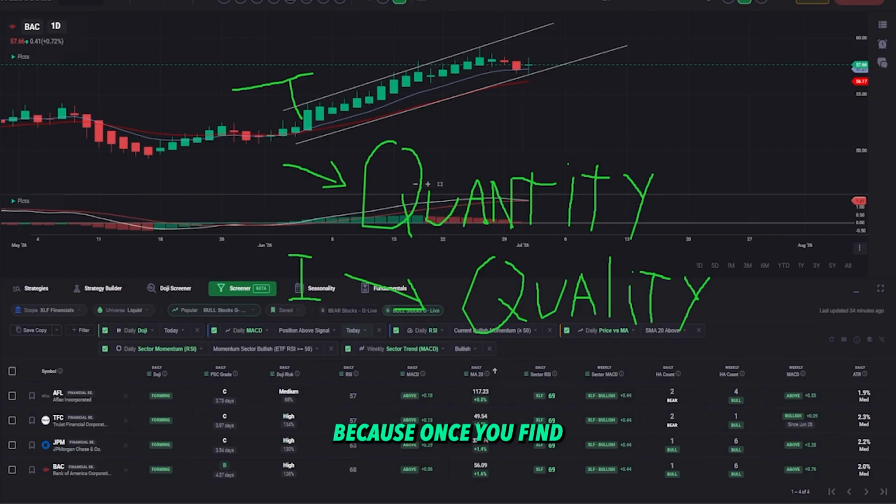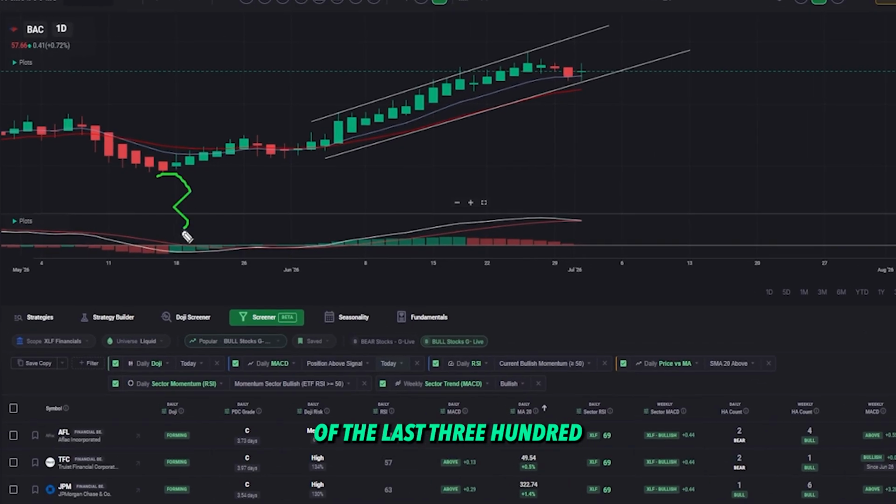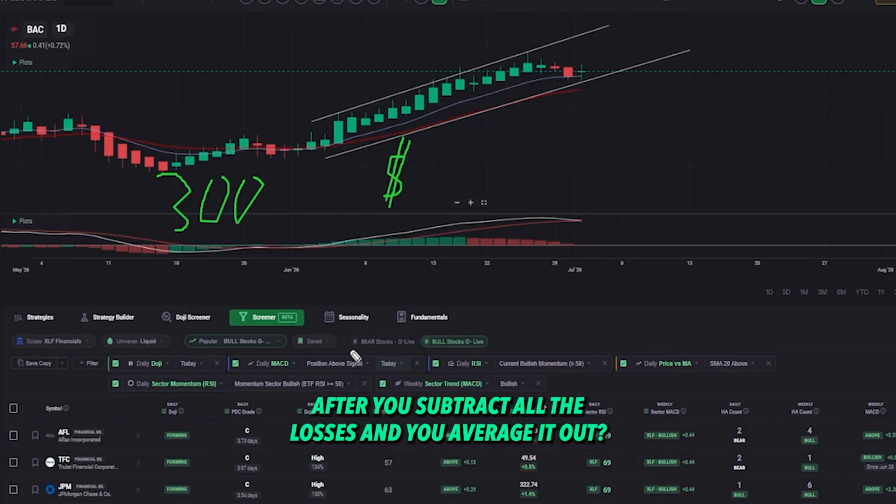Because once you find consistency, let's say I find consistency, and you ready for this, guys? When people start trading, I look through hundreds of trade journals. You take the average loss, the average win, the number of trades, and you say, okay, out of the last 300 trades, your biggest loss, your biggest win, your average profit, what do you think the average profit per trade is on most accounts? What do you think it is after you subtract all the losses and you average it out? 300 trades, they had, let's say,